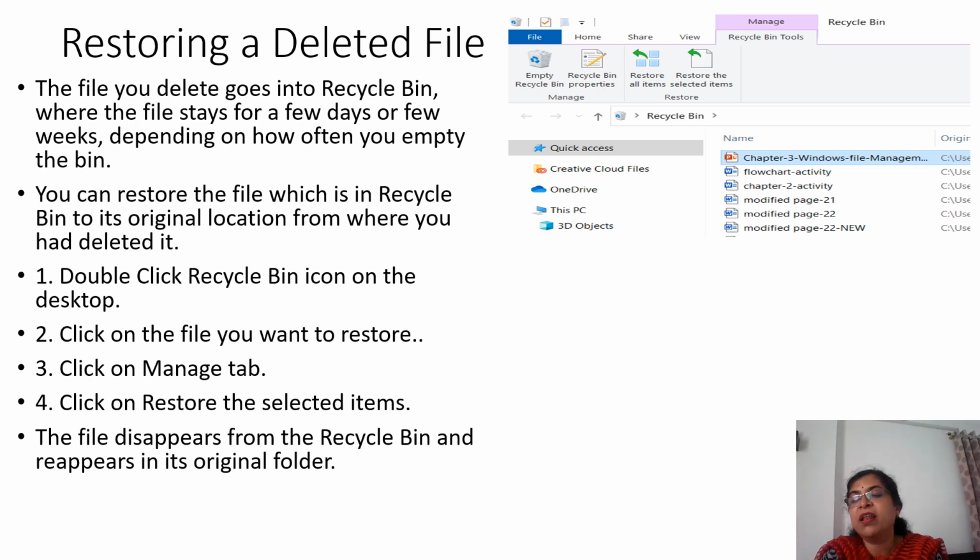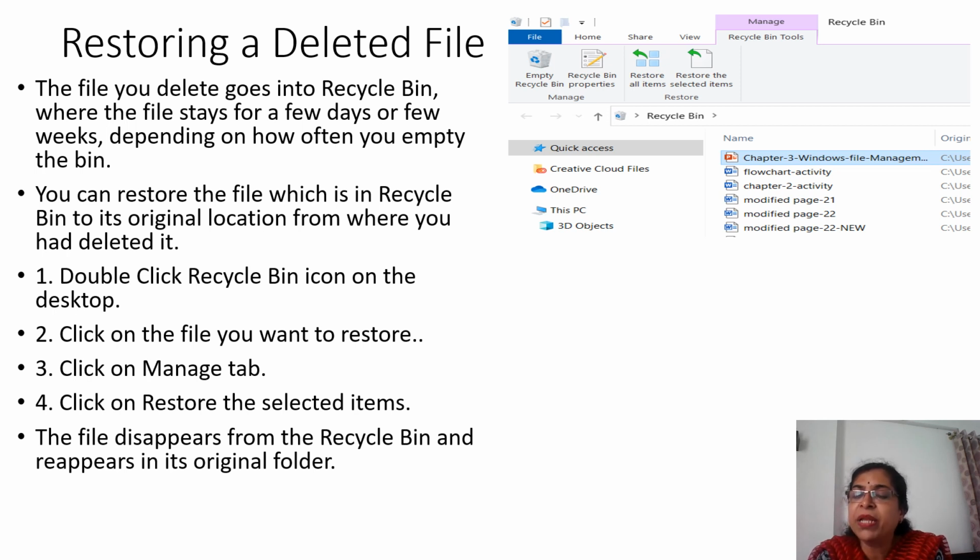Generally, it stays there for 1 month. More than that also, if you are not removing files from the recycle bin, it remains there itself. You can restore the files in the recycle bin to the original location from where you had deleted them. For that, what is the procedure? First, double click the recycle bin icon on the desktop.